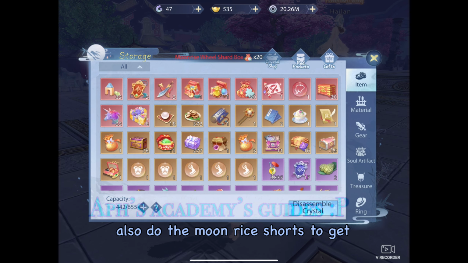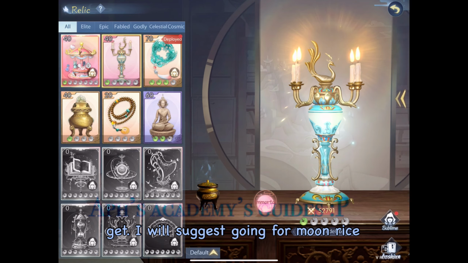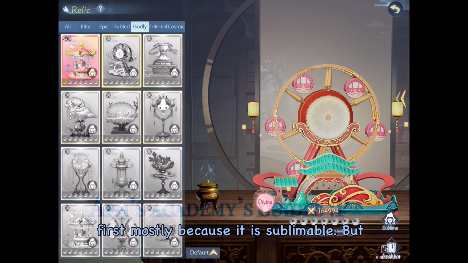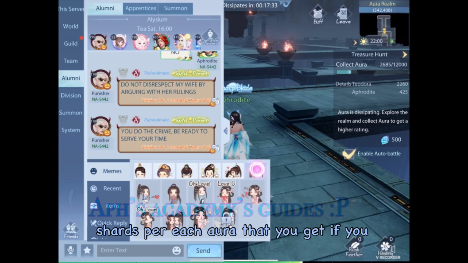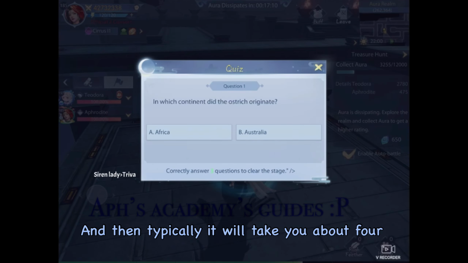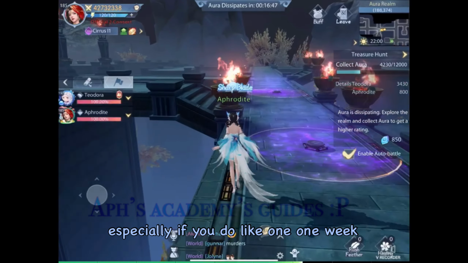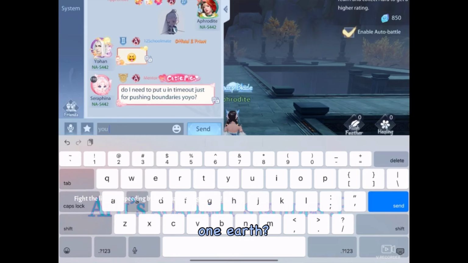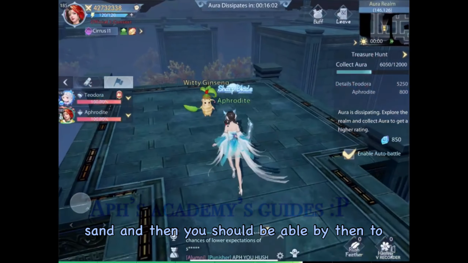And then you can also do the Moonrise shards to get 20 to 25, depending on like the level that you get. I would suggest going for Moonrise first, mostly because it is sublimable. But yeah, so basically you get 25 shards per each aura that you get if you decide to pick the shards. And then typically it will take you about 4 weeks in order for you to get the relics, especially if you do like one week 25 water shards, then the next one earth, gold, fire, and then sand, and then you should be able by then to fuse it and get